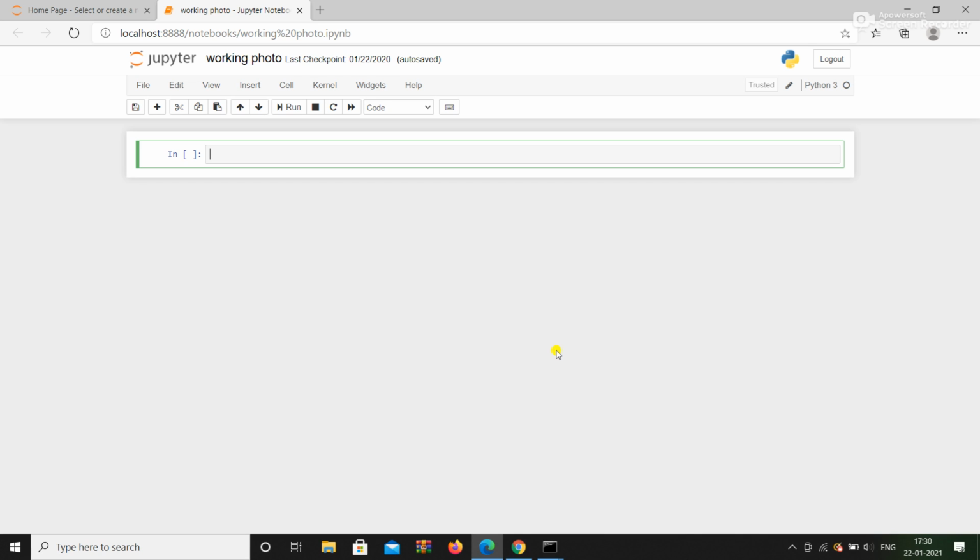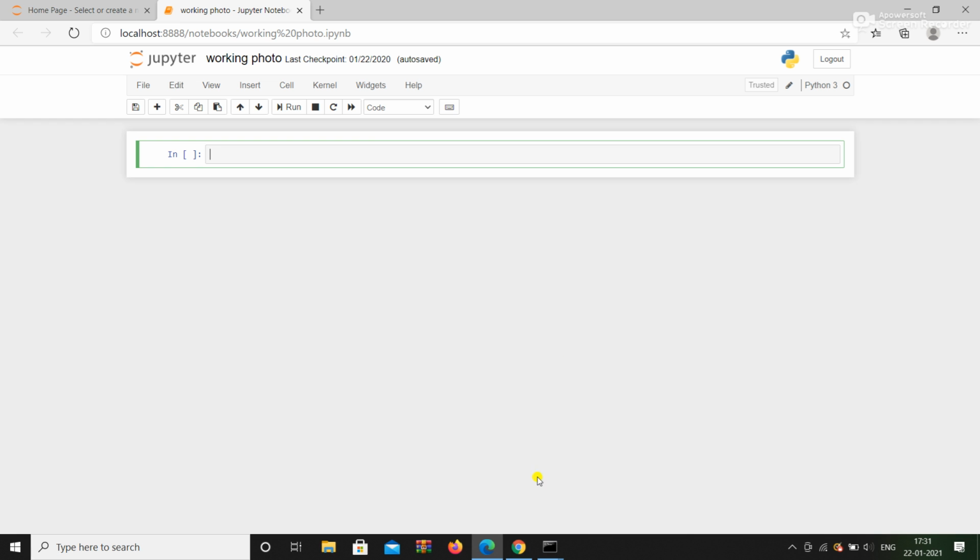In the previous video, I explained speech recognition with the help of Python. And now in this video, I am going to explain how to capture the image with the help of webcam using the OpenCV module. First of all, we need to install two libraries for this. First is OpenCV and second is Matplotlib. OpenCV is used to capture the image and Matplotlib is used for visualization.